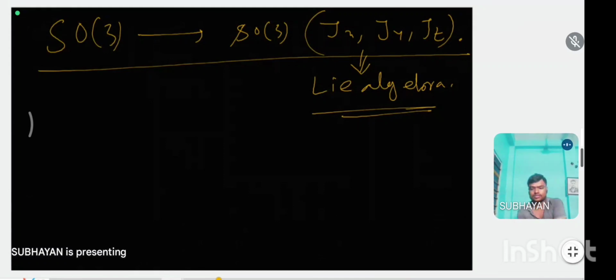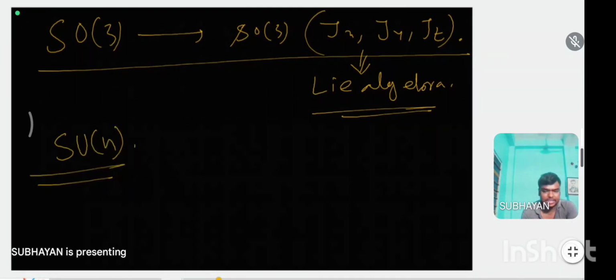The non-commutative relation, Lie algebra. So the standard form of Lie algebra is the special unitary group. Standard form of Lie algebra, SU(N). Especially if you choose SU(2),